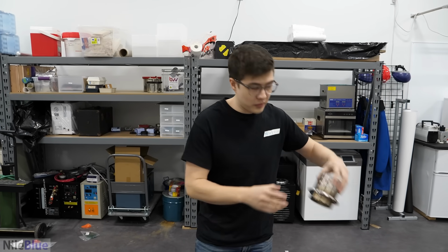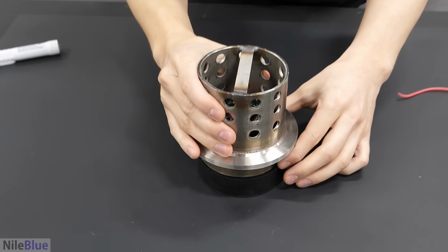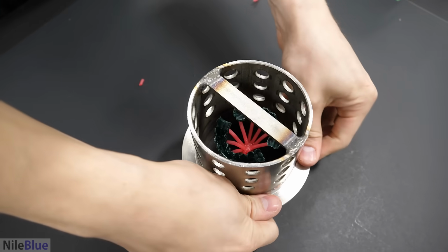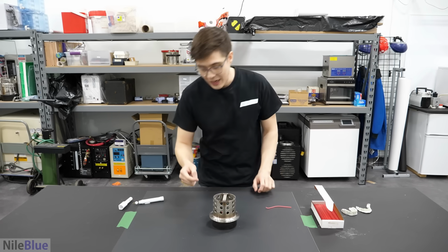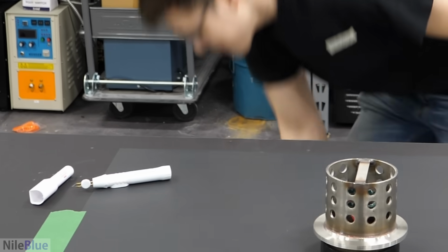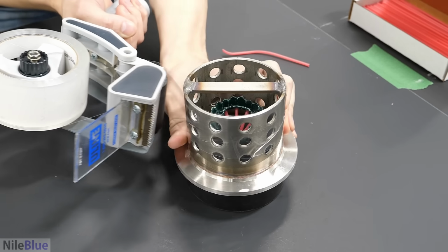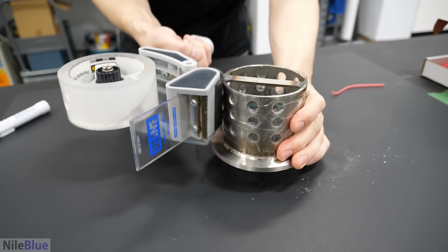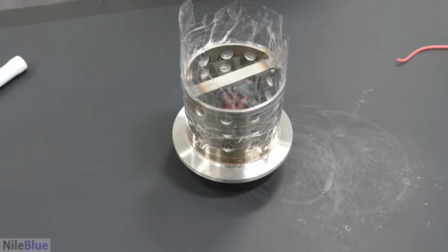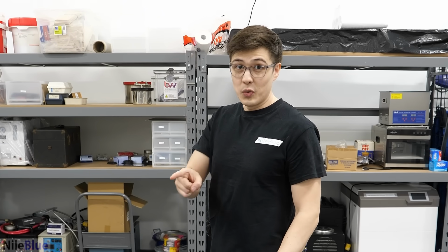Okay, so the first thing that I'll need is this giant hunk of metal. I just have to put it over the wax. Okay, nice and sealed. And this is what we're gonna pour the plaster into. Right now though, there's big holes that the plaster will go through. And we do have to cover them for now. I'm gonna go over the top here. Nice. I mean, it's basically ready for the plaster, but we actually need another tool or a machine